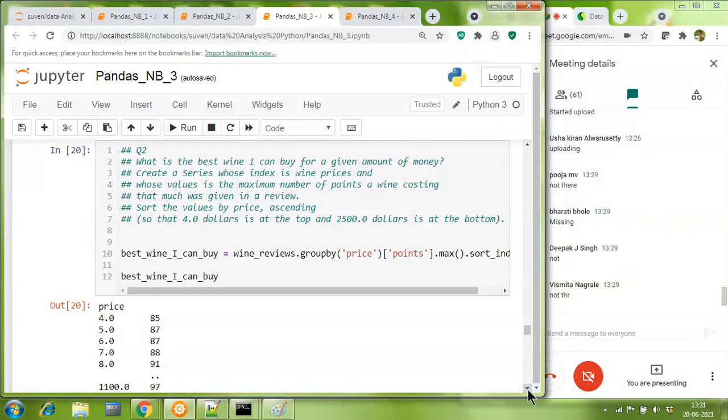The second question is something which I will not explain, because something very similar has been done by you, but in a different way, in the previous example without using the group by clause. So I would leave this question for you to self-analyze. I just want to know from all of you right now, is this comment part which explains create a series and all this, is this written? Is this help hint written in your notebook?